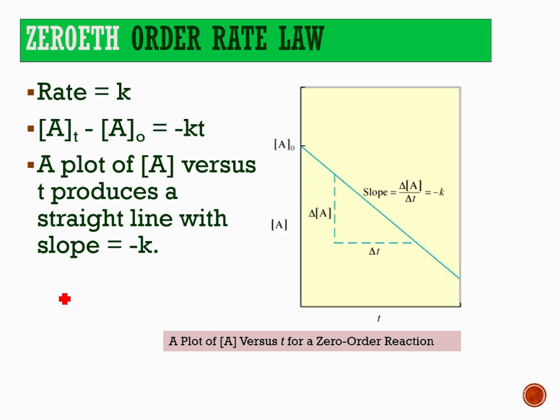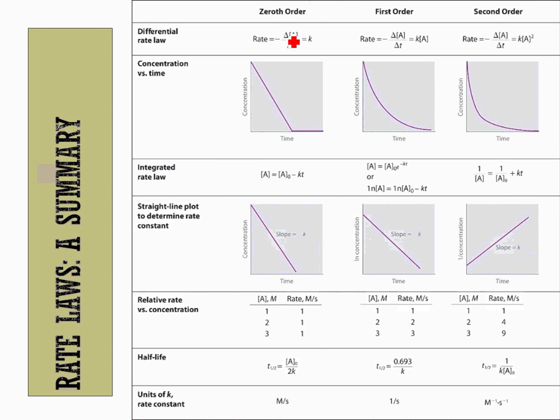So if we have a zero order reaction, when we plot all three, concentration versus time, natural log of concentration versus time, and inverse of concentration versus time, where this is time, for zero order we would get a nice straight line down to the right. For first order, we would get a curve. And for second order, we would also get a curve. So we would be able to prove that this is a zero order reaction based on the evidence of our plot. So that's that. Finally, this is a summary of the zero, first, and second order reactions, their associated equations, what to look for in the curves,